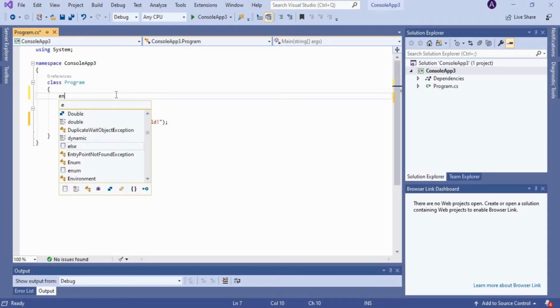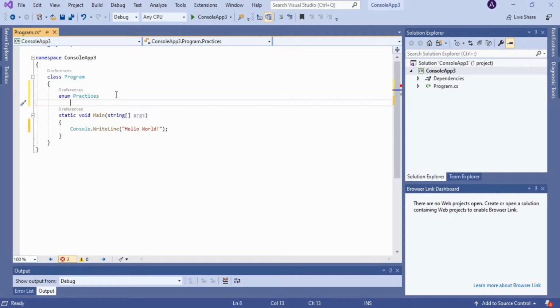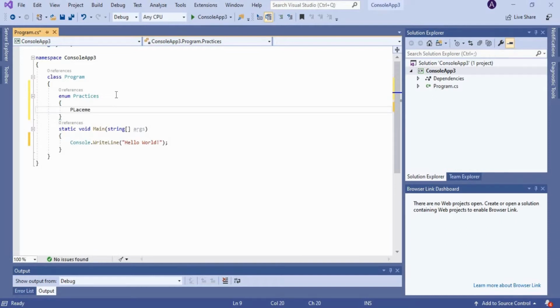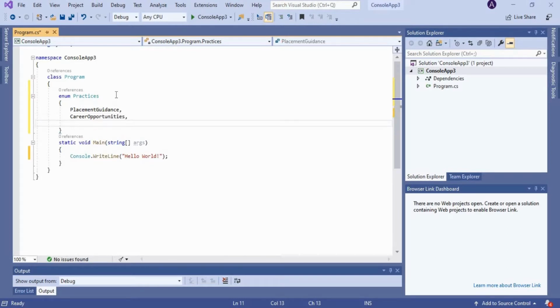To create an enumeration, you should use the keyword enum followed by the name of the enumerator. So here I am using the name of the enumerator as practices, which is user defined. Inside it we can define any set of values. For example, placement guidance, career opportunities, certification courses, right?